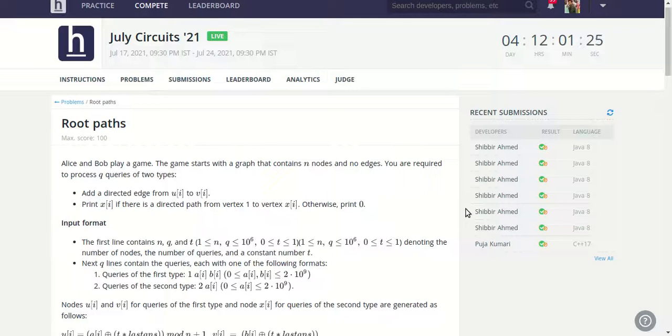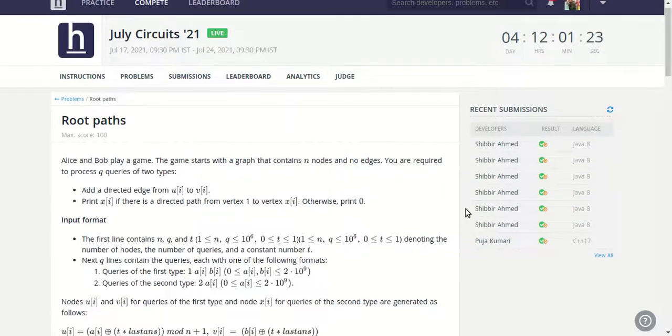Let's proceed with the solution explanation and the hints that I can give you. So let's discuss the problem. Basically, Alice and Bob are playing a game, and the game starts with a directed graph.